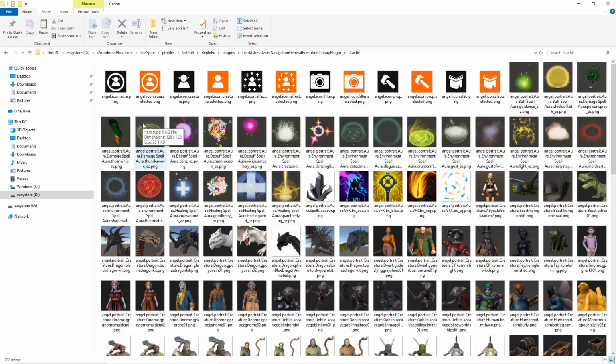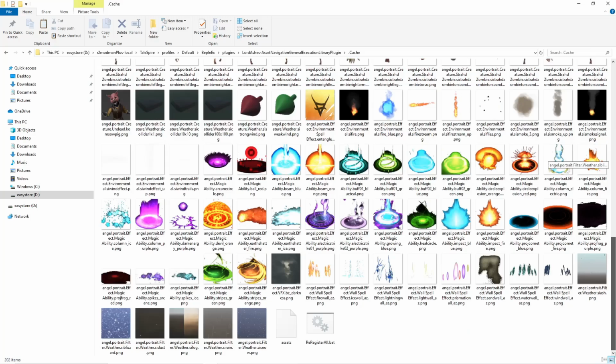So you will see that there's a bunch of icons that are Angel icons. Please don't delete those or you're going to have problems. But then there is the portraits for all of the assets that it has registered. And there are also two more files. One is the assets file, and another one is the re-register all.bat. So when you register stuff with Angel, Angel will put the information for that asset pack into the assets folder. The assets folder is just a